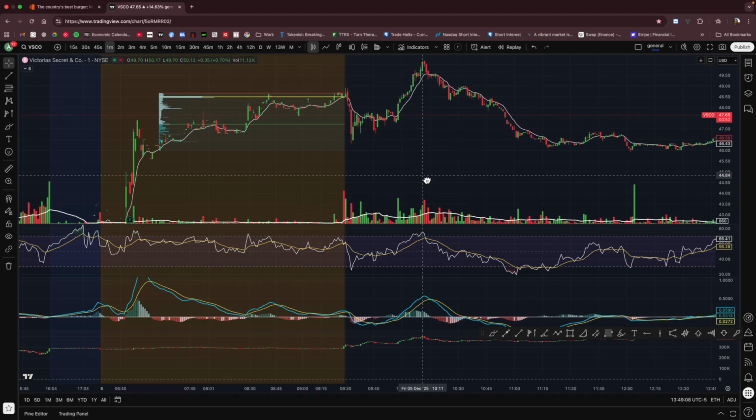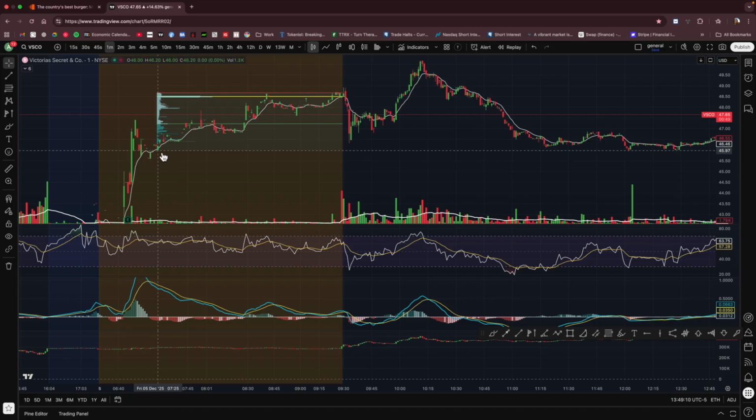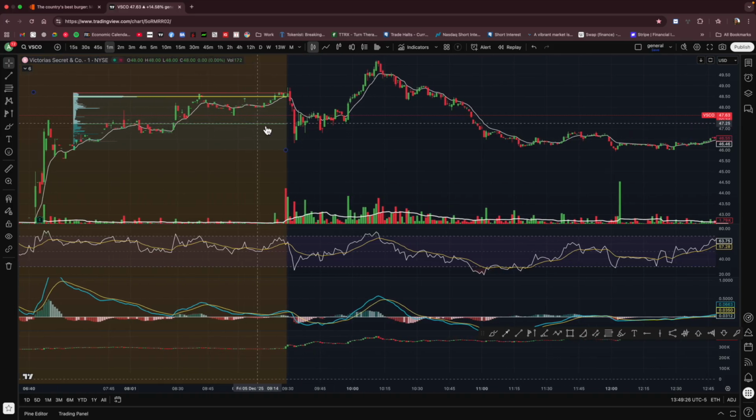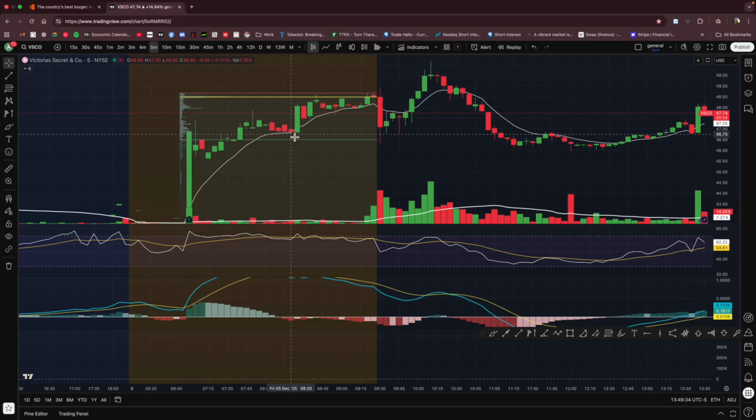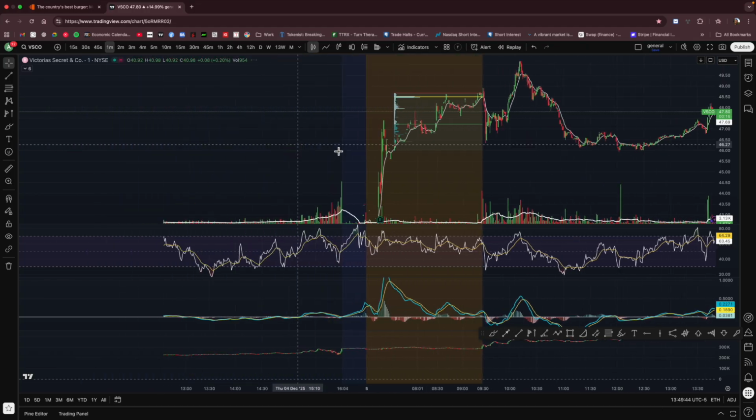On the 1 minute chart here, we see our volume profile. It's not quite obvious because it's so thinly traded, but there is some support around this green line here, which was more or less respected to a certain extent. On the 5 minute chart, after about 40 minutes, it certainly was respected there. So going back to 1 minute,